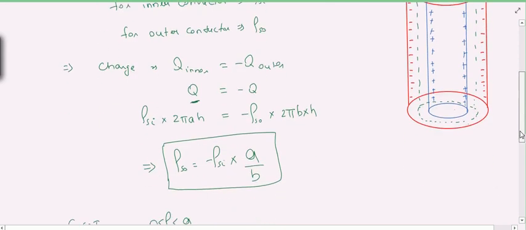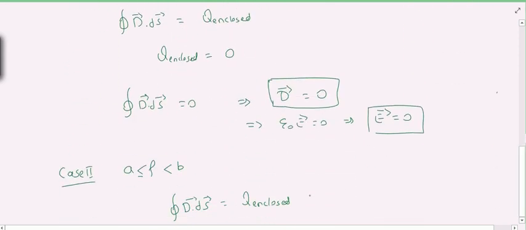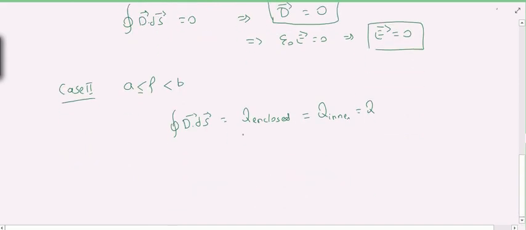being enclosed. So we can write this enclosed charge as the charge of the inner conductor, which is nothing but Q, and we can also write this in terms of the surface charge density, which is rho s into 2 pi a h. Now what it will be, as the